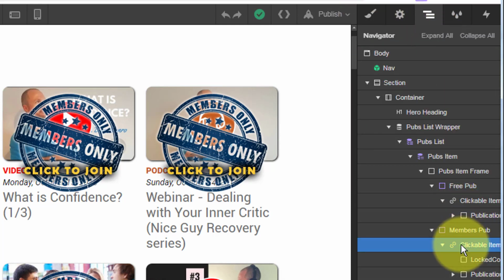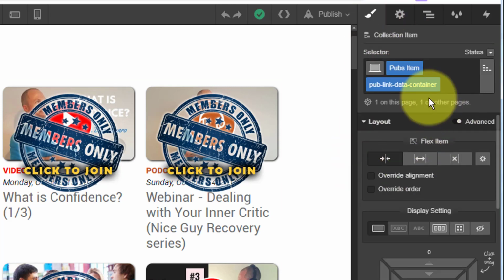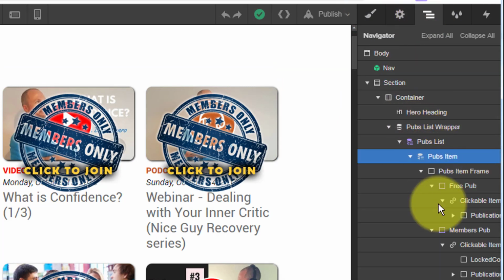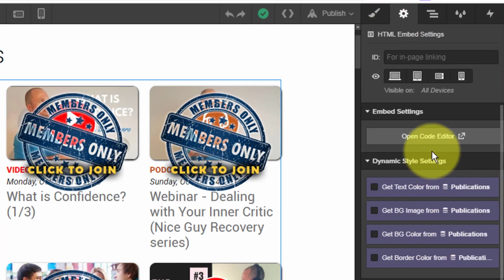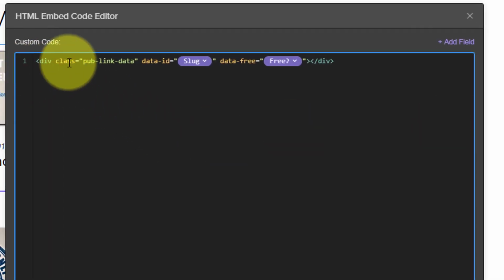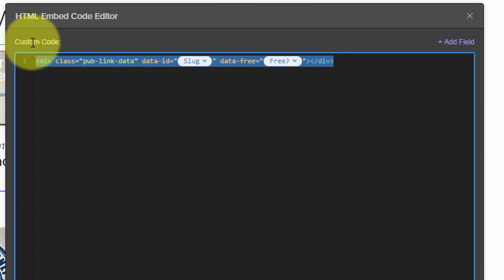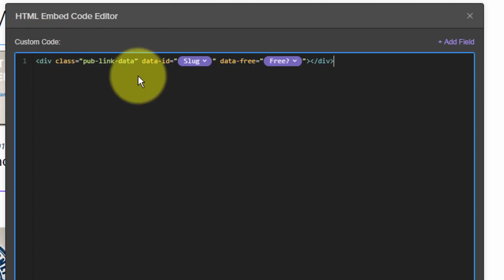Now, what happens when I click that is I get the currently clicked item, and I look up all the way until I find the parent item with this pub link data container. So looking for the pub link data container, and then from there, I'm going back down to find this HTML embed. Now the reason I need to do that is I'm looking for this pub link data item. This data item is where I store the key bits of information I need to construct the link. The most important one is the slug, of course,